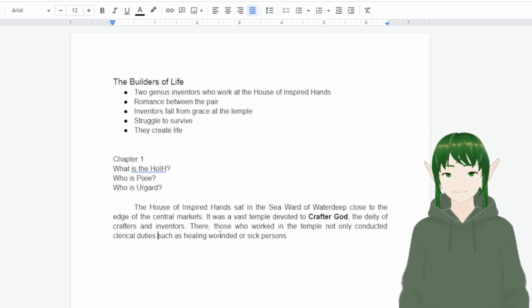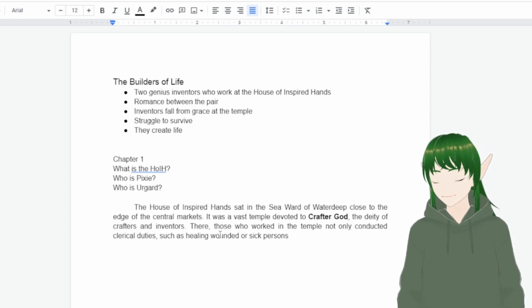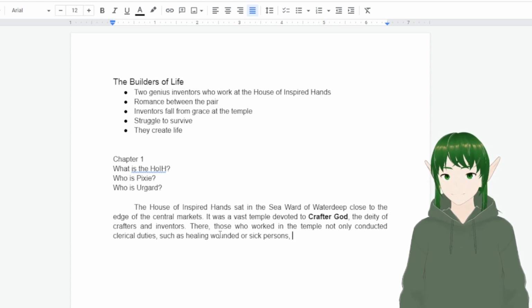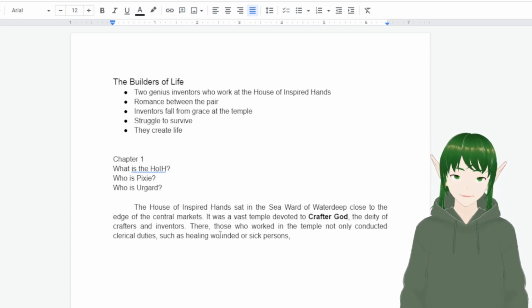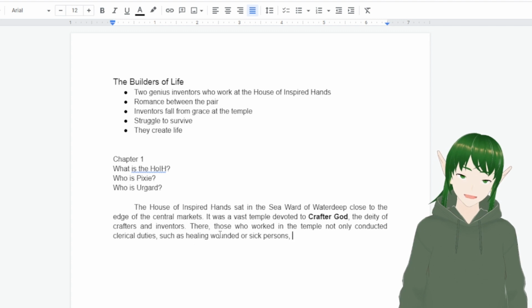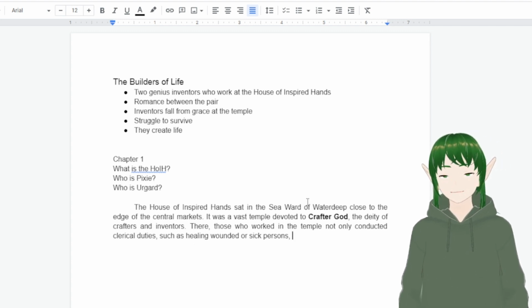Clerical duties, such as healing wounded or sick persons. Because providing examples of what clerical duties are could be removed from the sentence, and it would still make sense. Such as healing wounded or sick persons,